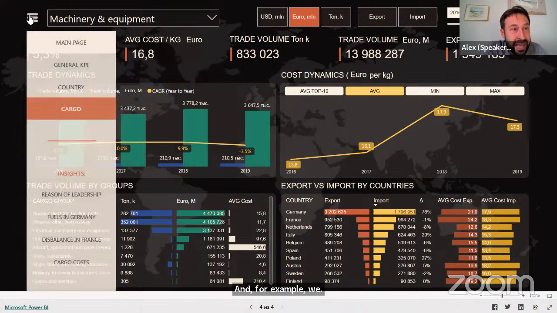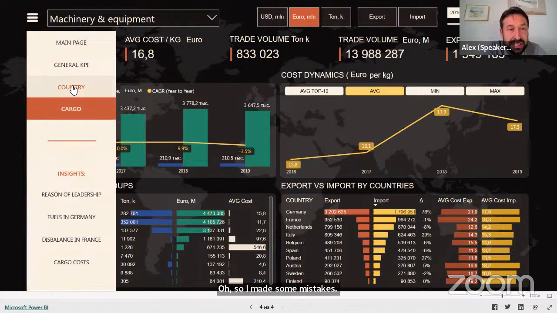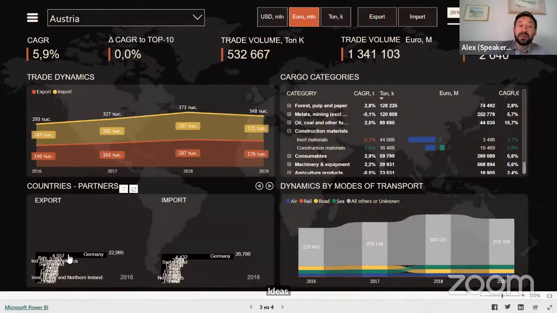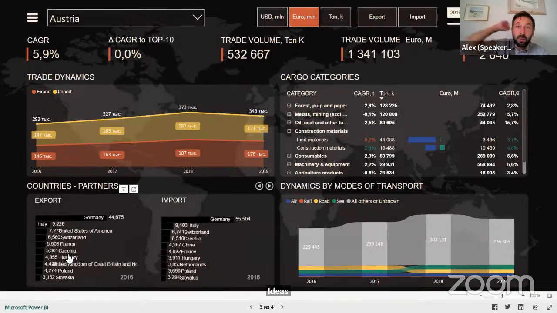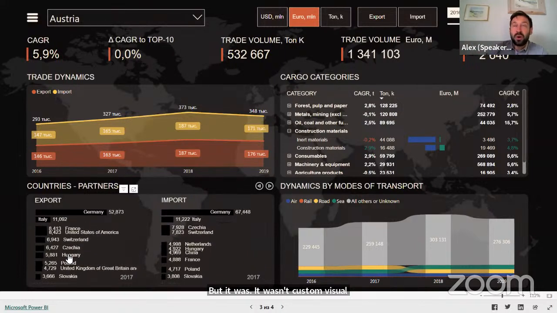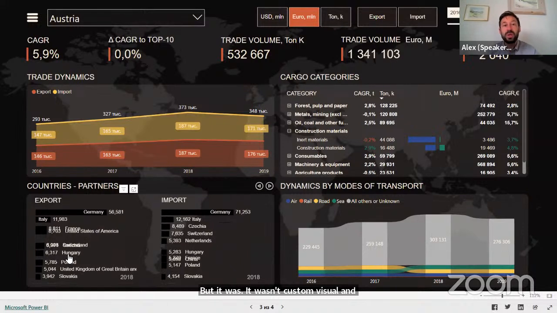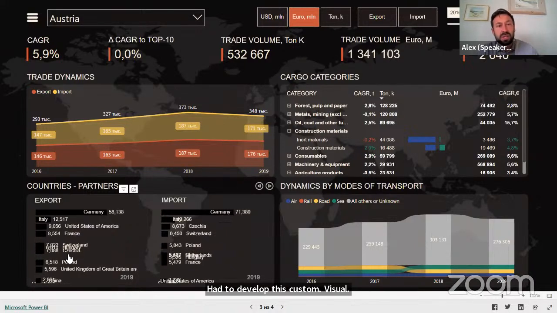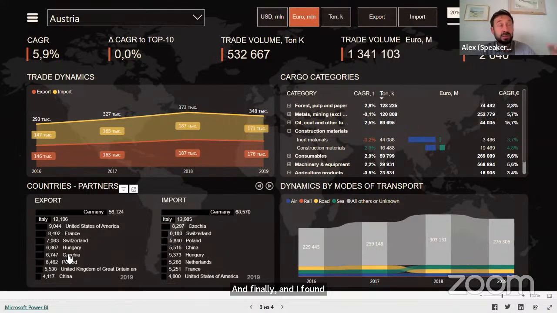I made some mistakes when I suggested some ideas, for example, for such a bar chart race, but it wasn't a custom visual, and according to the terms of our contract, we had to develop this custom visual. Finally, I found some sources in the AppSource gallery and edits in GitHub, and we developed this custom bar chart race.